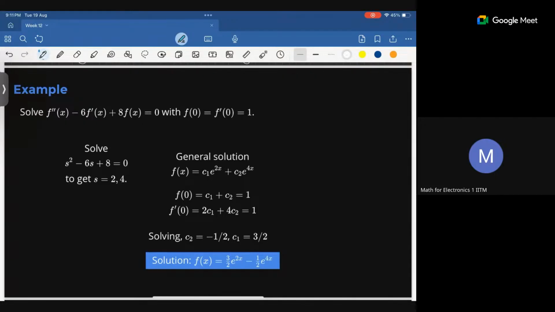where the second order homogeneous differential equation is given to us with some initial conditions: f of 0 and f prime of 0 are both equal to 1. Right, so if you form the characteristic equation from this, how do we form the characteristic equation? We will assume